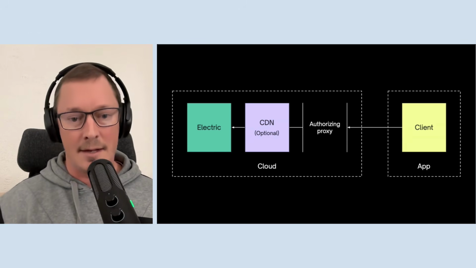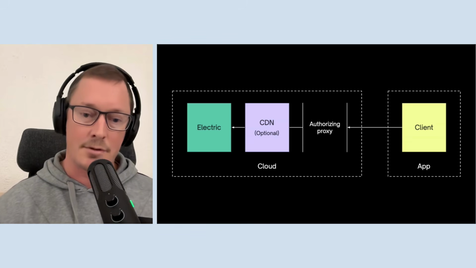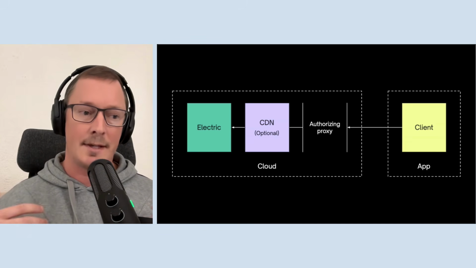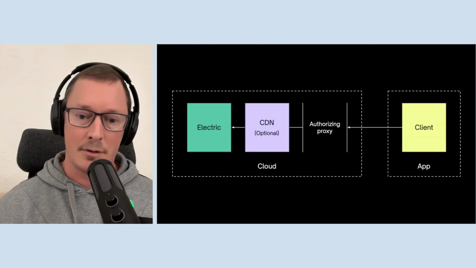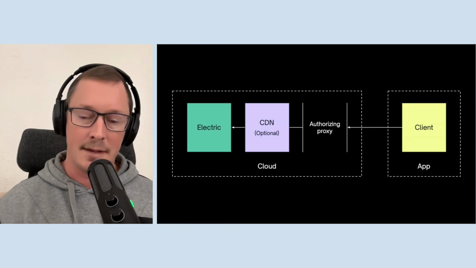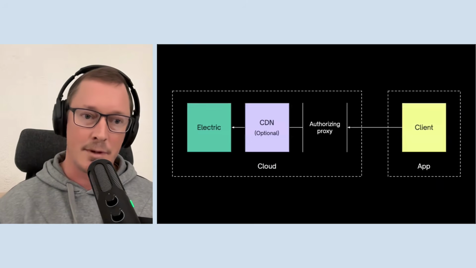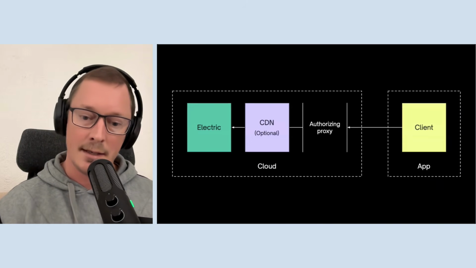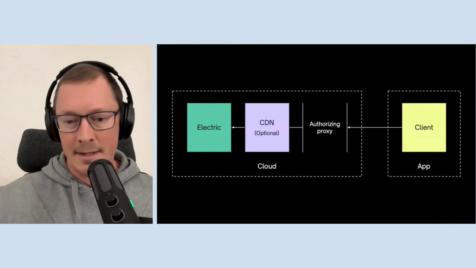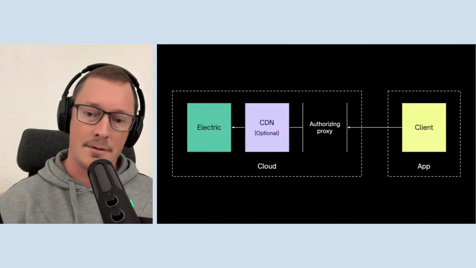And then the other aspect is if you have a client that has got a live subscription and it's monitoring for real-time changes, because we use HTTP with long polling, we can leverage a capability of existing CDNs called request collapsing, which is that if a CDN or a reverse proxy that supports this gets multiple requests to the same URL at the same time, it only needs to send one request onto the origin server. So you can have 100,000 concurrent connections coming in at the CDN layer, and only one comes through to Electric.